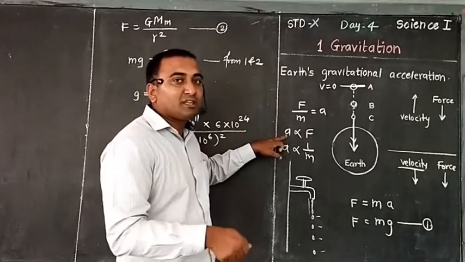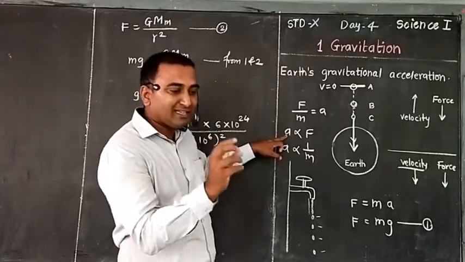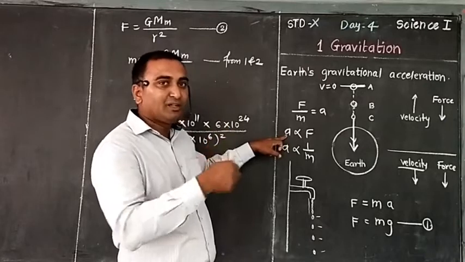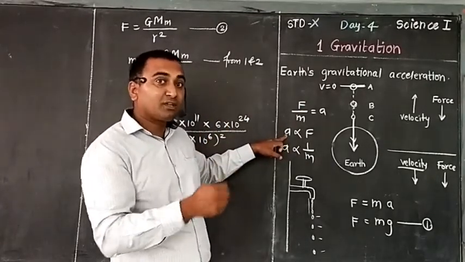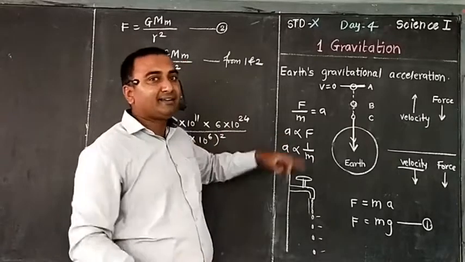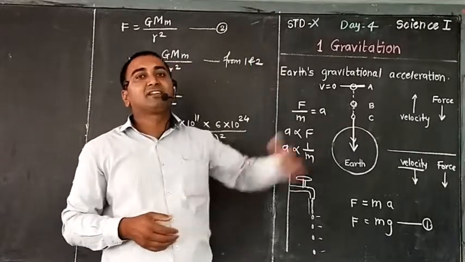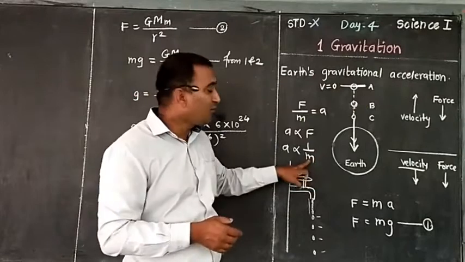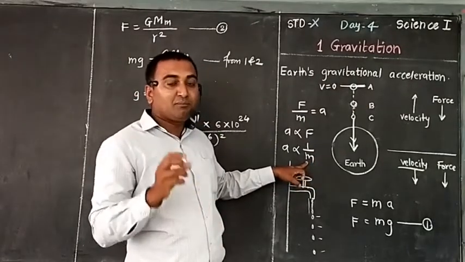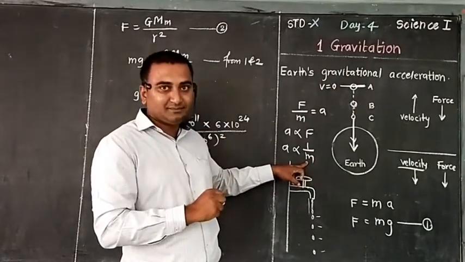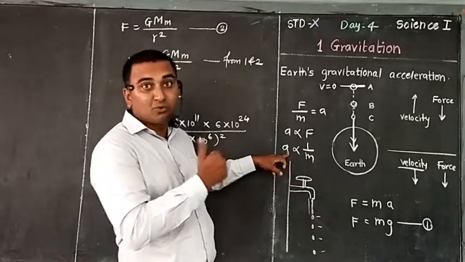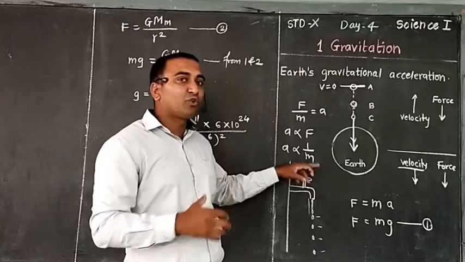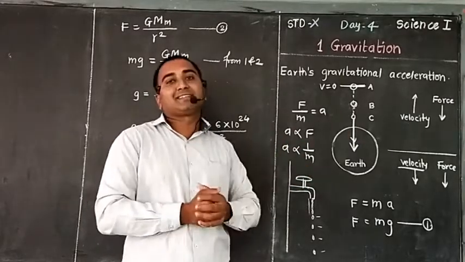Means what? See here, if force is more, acceleration is more. If you kick a ball with a little blow, it will cover a little distance because velocity is less. But if you kick this ball very hard, the speed increases and it will cover a larger distance. Now mass. If the ball's mass is less, definitely acceleration is more, and if mass is more, rigid bodies will not accelerate.